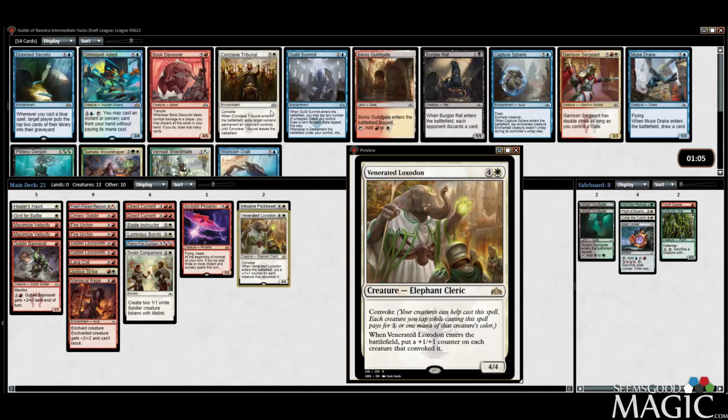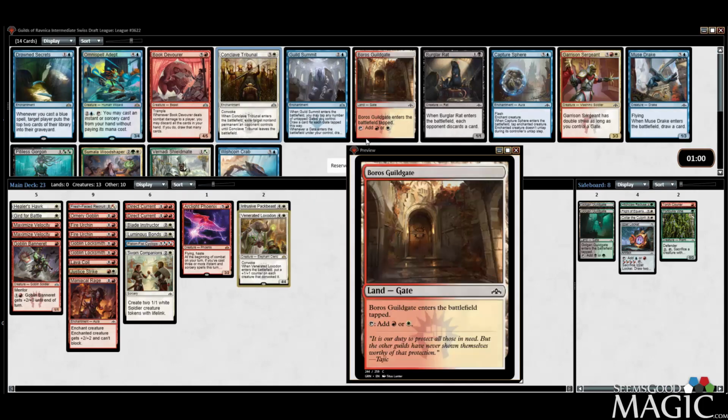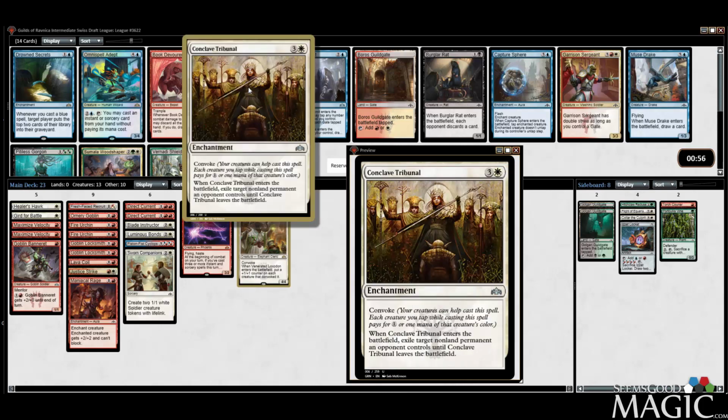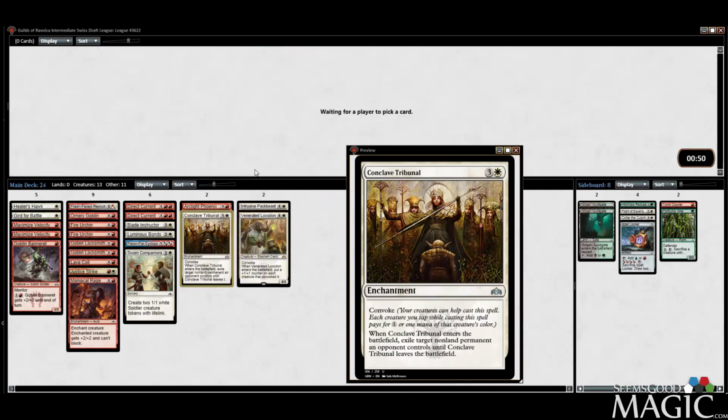Okay, here I guess we take the Tribunal. We really don't need a lot more removal, but I wouldn't take a Shieldmate over it. And I mean, Tribunal, let's just deal with everything. Our removal is just stacked, so really we just, once again, need some better creatures, and I think we're golden. Like at this point,